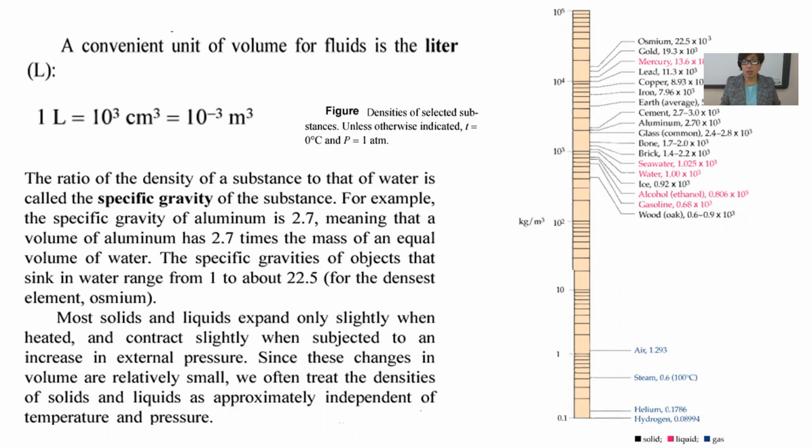For example, the specific gravity of aluminium is 2.7, meaning that a volume of aluminium has 2.7 times the mass of an equal volume of water. The specific gravities of objects denser than water range from 1 to about 22.5 for the densest